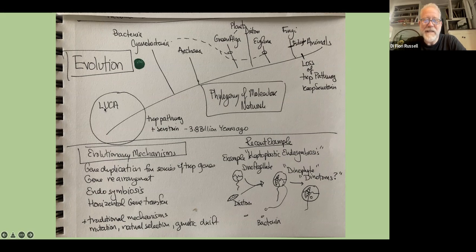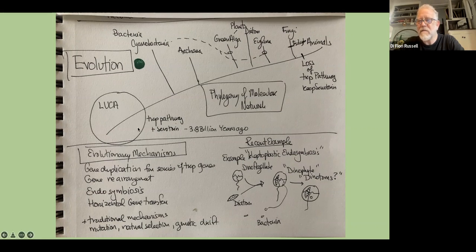LUCA, the last universal common ancestor of everything, had to have had that whole pathway. So that correlates to some process around 3.8 billion years ago, where the first cells start emerging. We have fossils of them. In that first condensation of these networks that were chemical and outside of cells into cells, surrounded by membranes, beginning their autonomous lives,